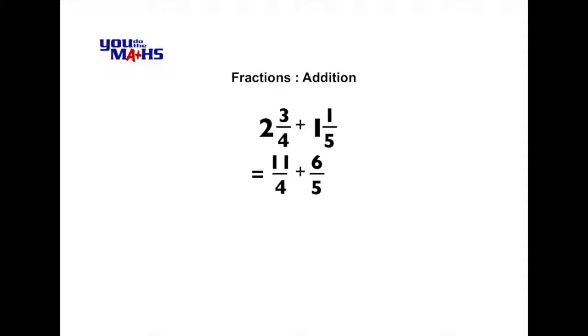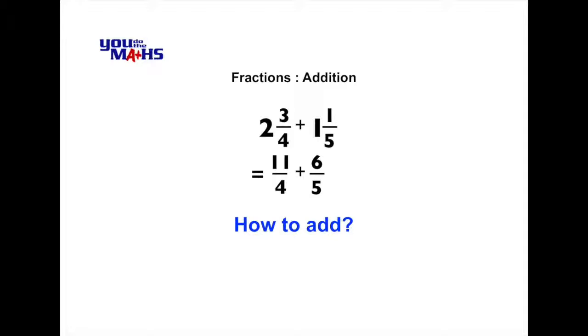to get 11, so it's 11 over 4. And we multiply the whole number 1 in the second fraction by 5 to get 5 and then add 1 to get 6, so it becomes 6 over 5. The question now becomes how we add these fractions together, and it's not quite clear. So what we'll do is we'll have a look at a very simple case before we come back to this